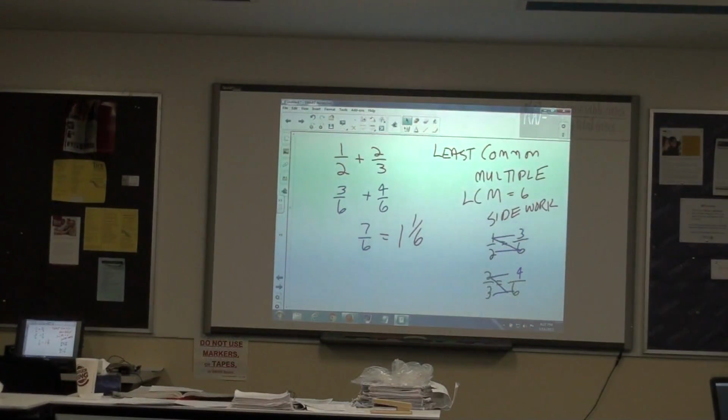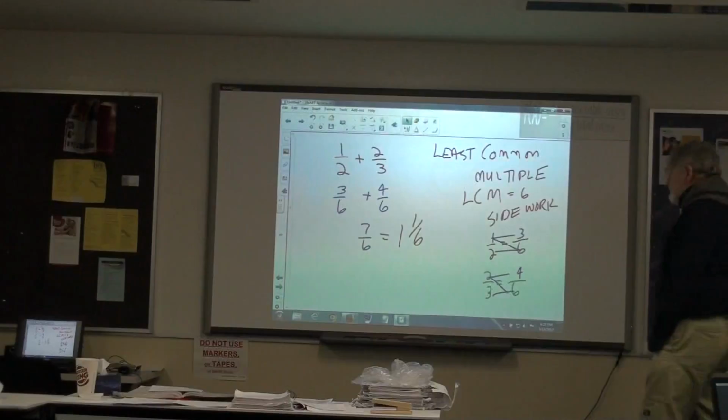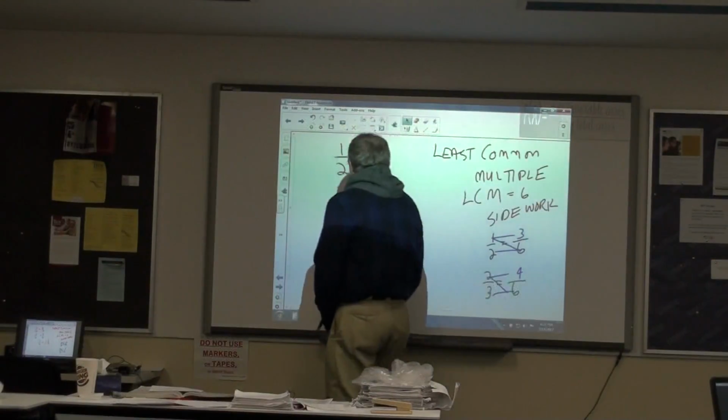But I pose the question, if there are subsequent steps in the calculation, which form is easier to use? 7/6 or 1 and 1/6? In subsequent steps, it's a clear-cut winner, 7/6. For this reason, it's my personal preference never to use mixed numbers if I can avoid it. Okay? So 7/6 would be fine for me. So we're going to work with this